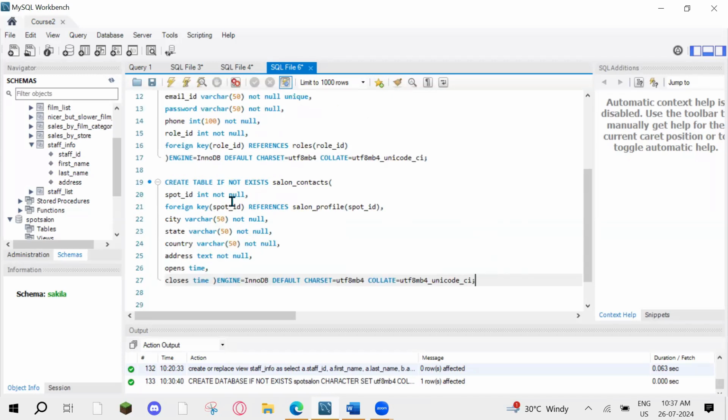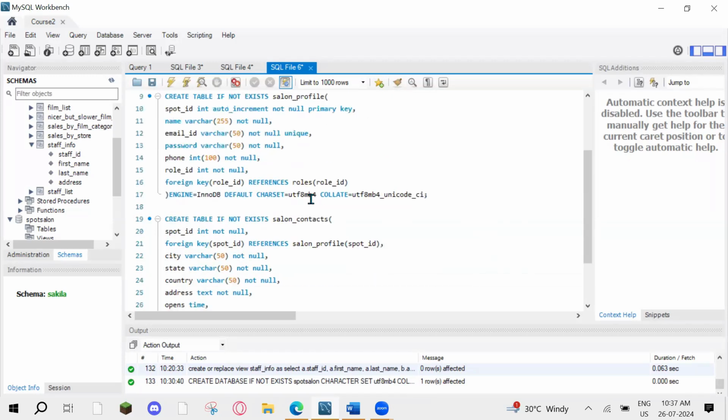Here, as the contact information is separate from the business profile, there should be something to connect those tables. That's why we are using this unique ID here as a foreign key, spot ID, referencing the salon profile table with the spot ID column. So as I have explained, if we are having it there, we must have that column defined there. So this is the third table,